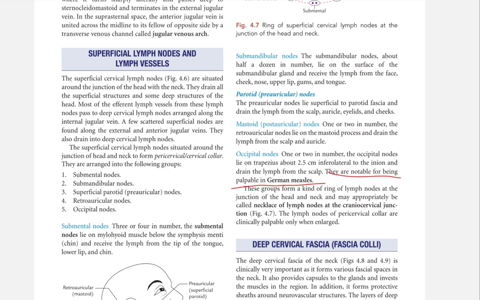Superficial lymph nodes and lymph vessels. The superficial cervical lymph nodes are situated around the junction of head with neck. They drain all the superficial structures and some deep structures of the head. Most of the afferent lymph vessels from these lymph nodes pass to deep cervical lymph nodes arranged along the internal